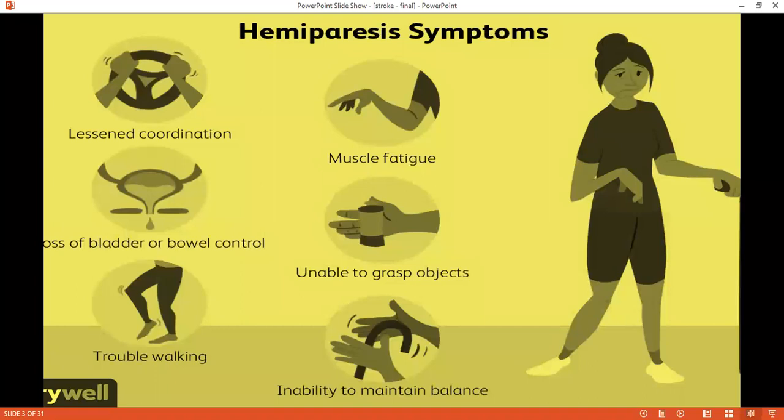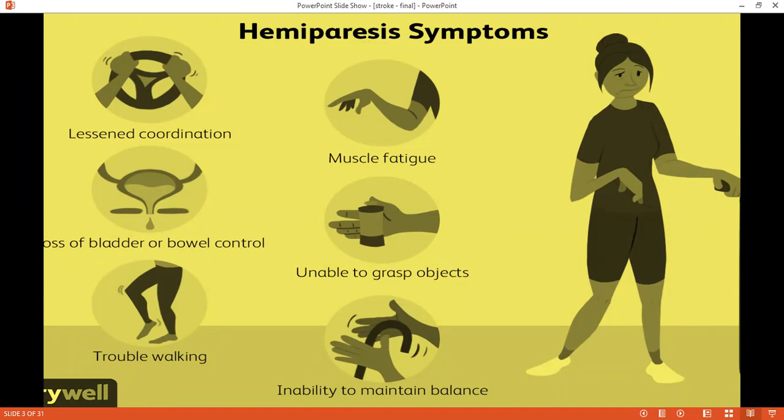Immediately after a stroke, the person gets the main symptoms of headache, vomiting, dizziness and apoplectic fits. They are unable to get up from the floor to stand, unable to walk, and unable to do their routine work. There is also weakness in the face. If the incident happens in the right side of the brain, the left side of the body is affected, especially one half of the body,